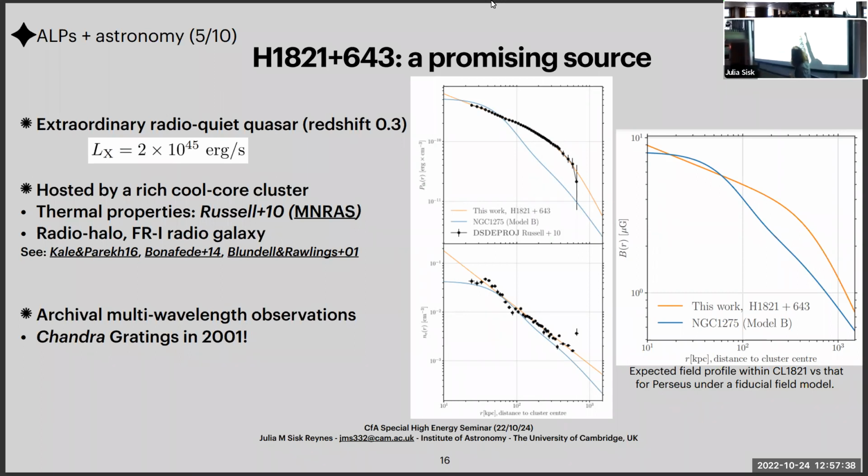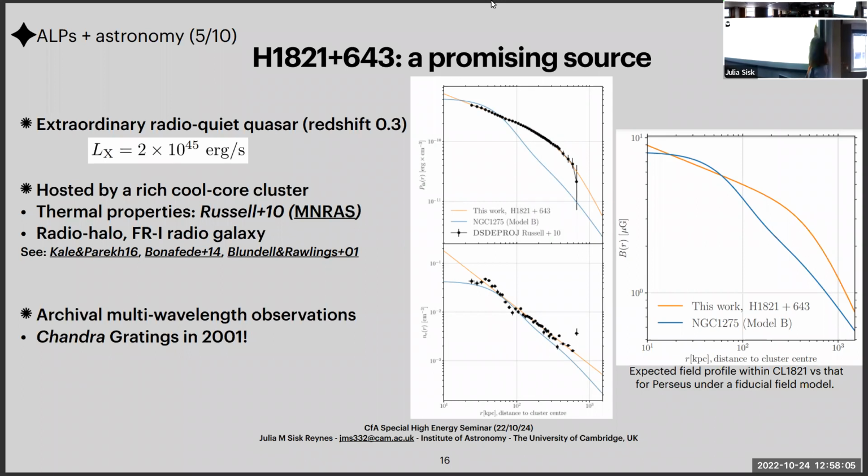So you see the expectations for the thermal pressure profile and the number density within the cluster. And under the assumption that the plasma beta, so again, the thermal to magnetic pressure ratio, is constant up to the virial radius,